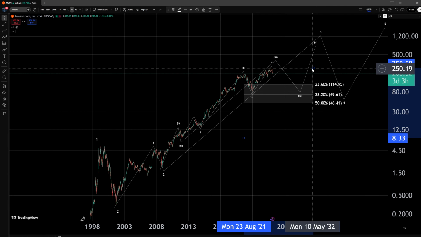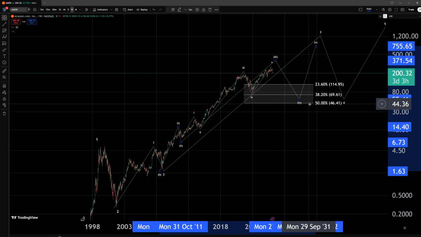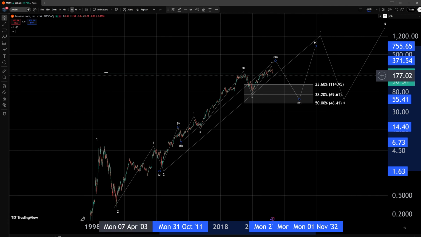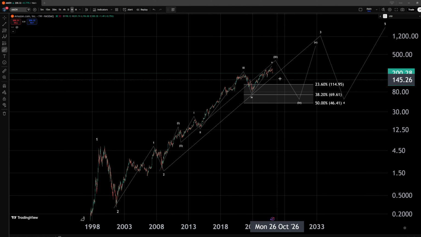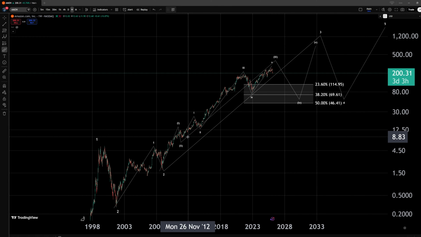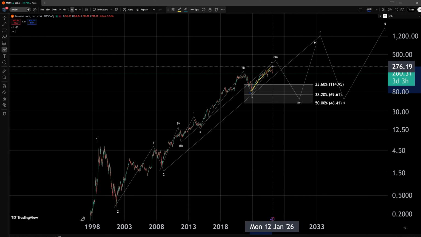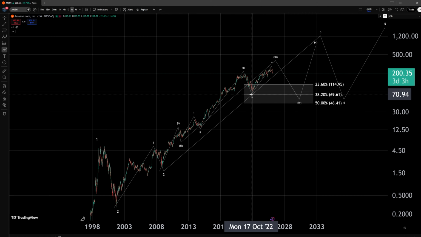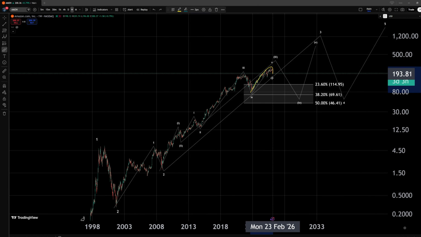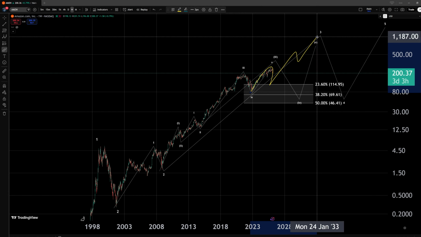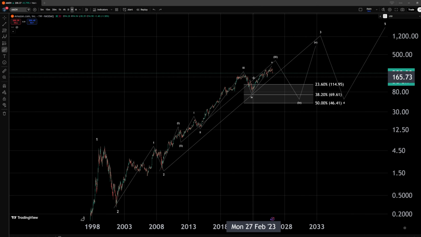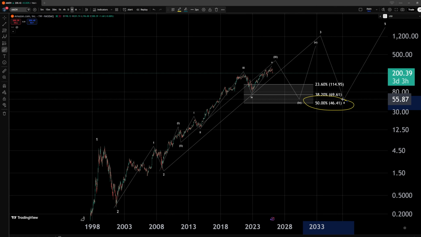This is the last resort area of support because unless we break the $46.4 level, we can still track an impulse. Even in a less bullish expectation where a wave 5 in this area would have formed quite an early top for the position it is within, where normally we would be looking for even an extension in a 5th wave in this area in something like a 5-wave move instead. But that is the last resort. If we fail to hold the 50% retracement here,